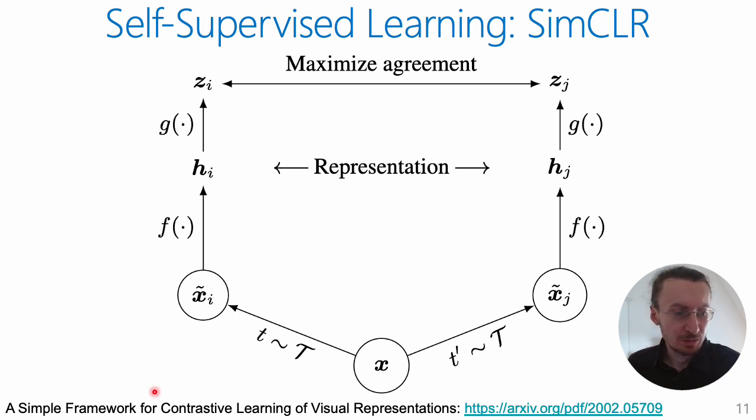So the positive pairs, so views of the same image, should be close in this latent space, and then negative pairs should be far from each other in the latent space. The encoders and the projection head are trained concurrently. The crucial data augmentation to create positive samples and achieve strong performance is a combination of a random resize crop and color distortion. After training of the SimCLR encoder, the projection head, this G part, is removed, and then we just return F, this encoder part, as the final output from training of the SimCLR encoder.